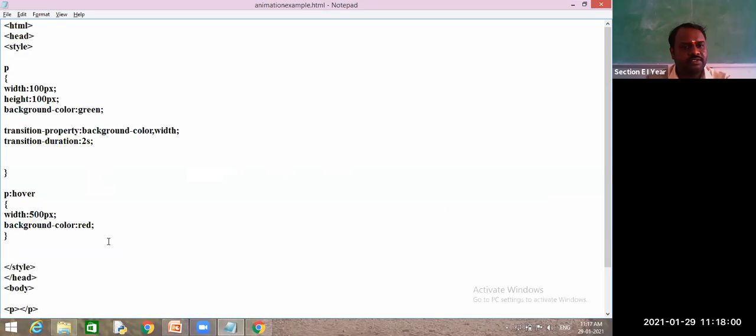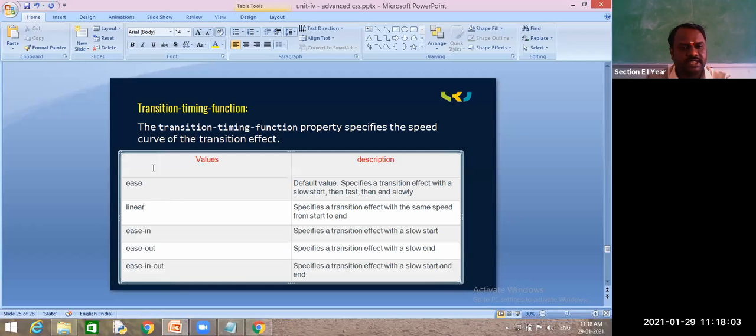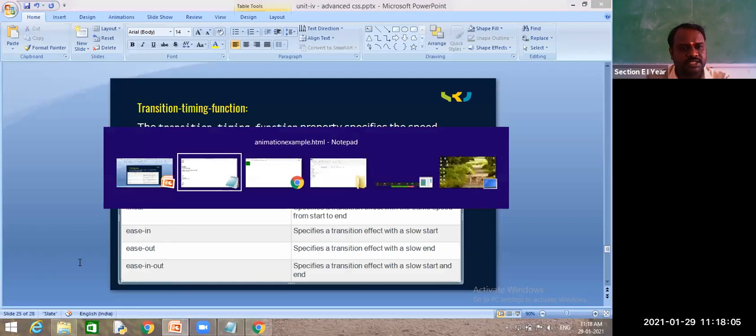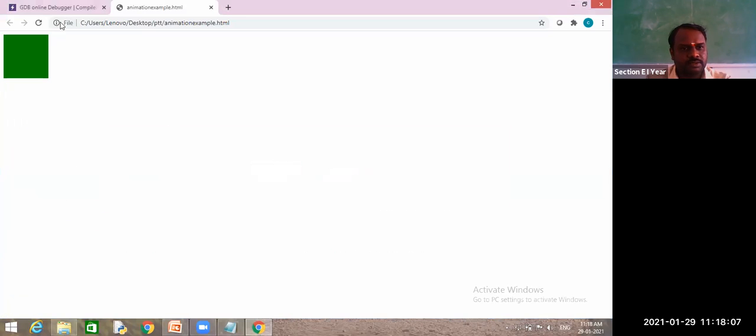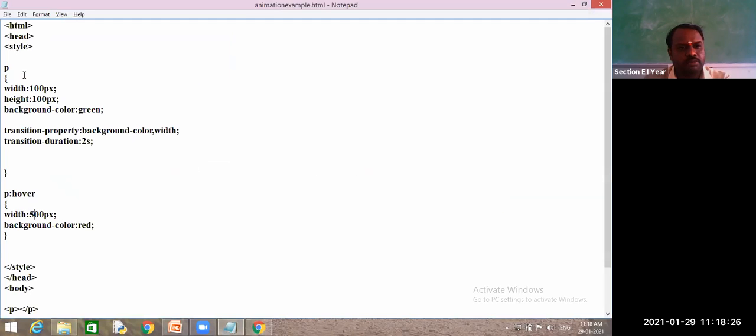I have changed only width to understand these timing functions. So how has it changed? Never mind this color changing. So it started slow, became fast, and again ended slow. I am not expecting that one. I want it linearly, with the same speed to start and to end.